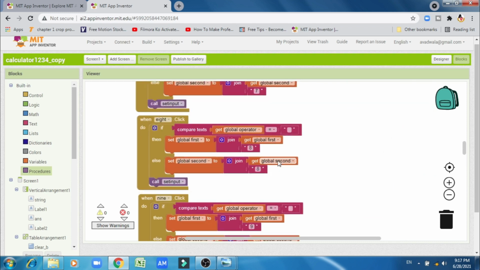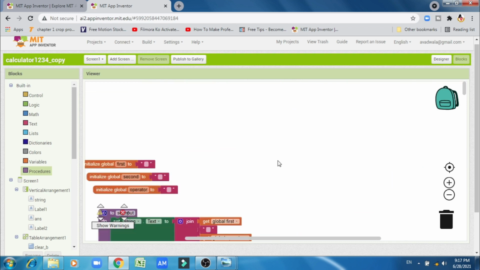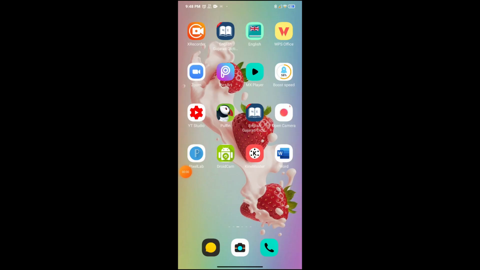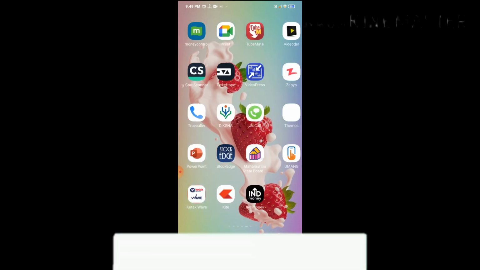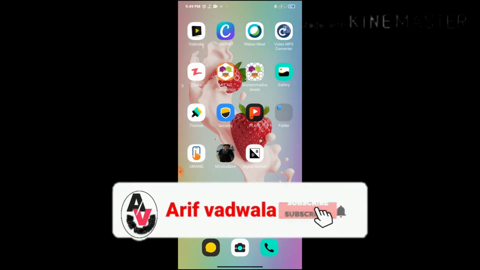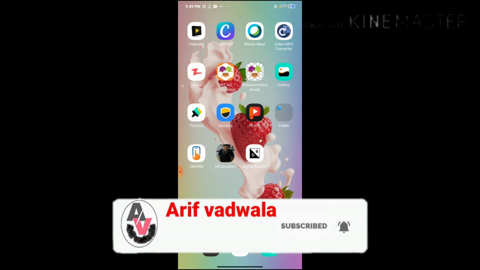After giving the code for the buttons, again we go to the designer. You can install the application which you have made with MIT App Inventor directly with the help of a QR code. So you have to download one application from the Google Play Store, MIT AI2 Companion.